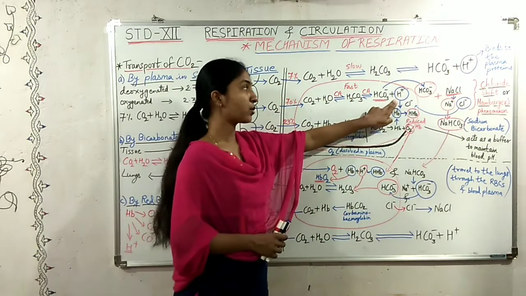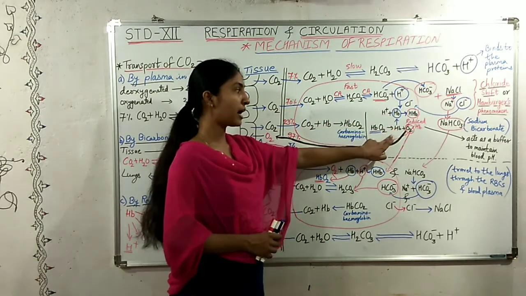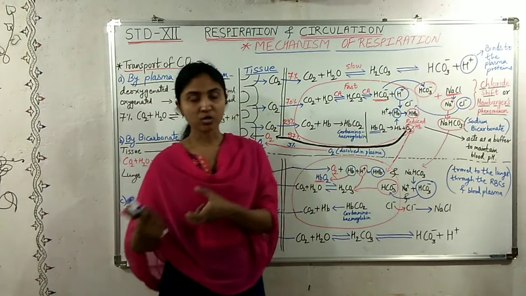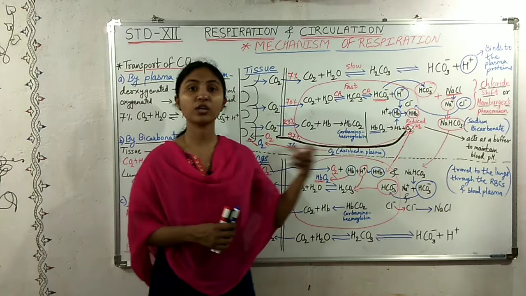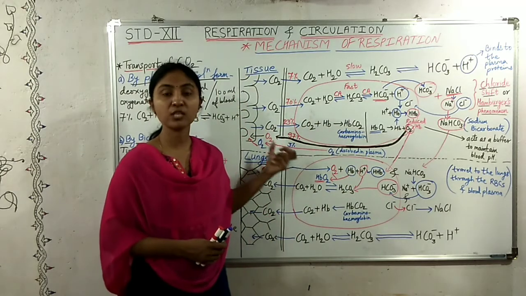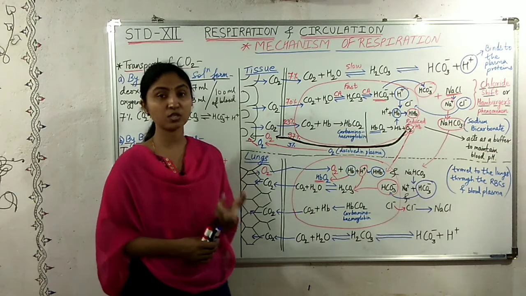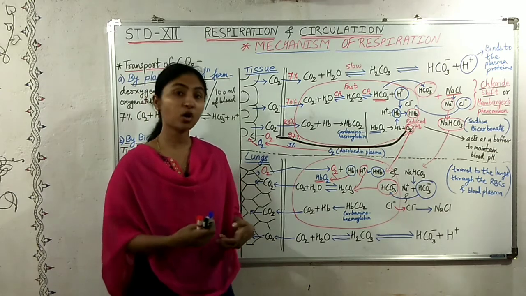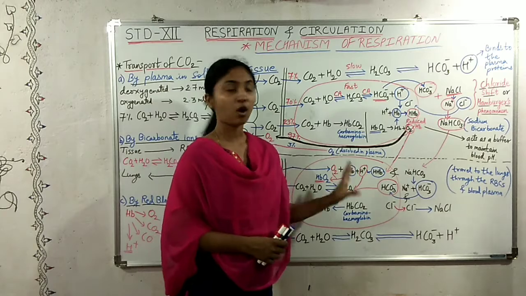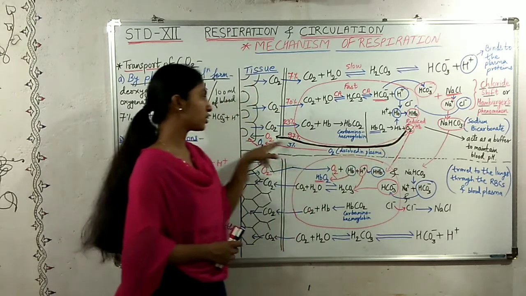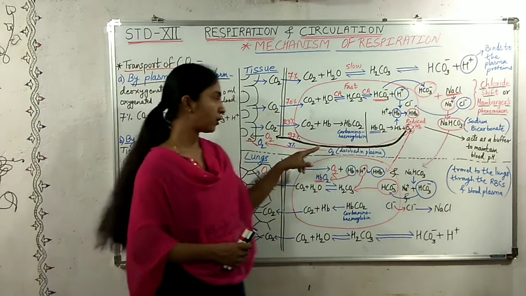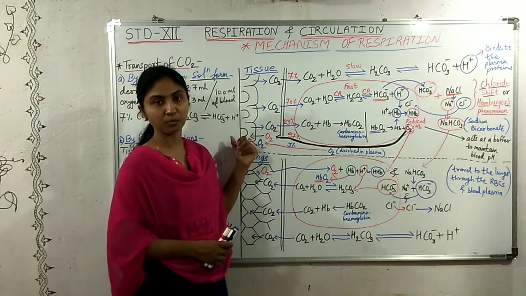Now these hydrogen ions combine with the hemoglobin. Now from where? This oxyhemoglobin dissociates to give oxygen to the tissues. As the tissues have used up their oxygen which was dissolved in the plasma, they need more oxygen. So this oxyhemoglobin breaks its bonds with the oxygen, and oxygen is given to the tissues. 97% of oxygen is given from the hemoglobin, and only 3% of oxygen is given from the plasma.